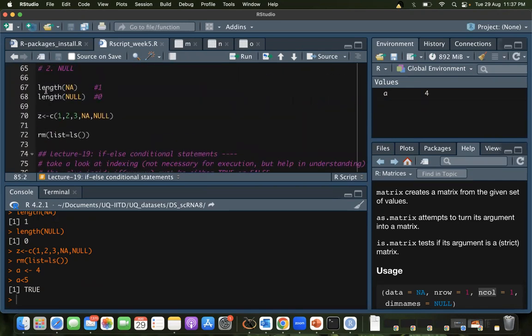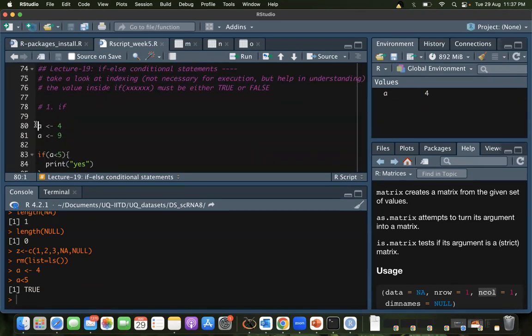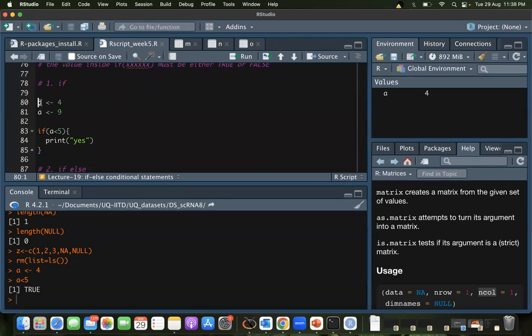So if you see, what R does is it goes line by line, right? It goes through this line, next line, next line, and so on. But this line here is only going to be evaluated because this line is within these curly brackets. This line will only be evaluated if the if function here gets true.